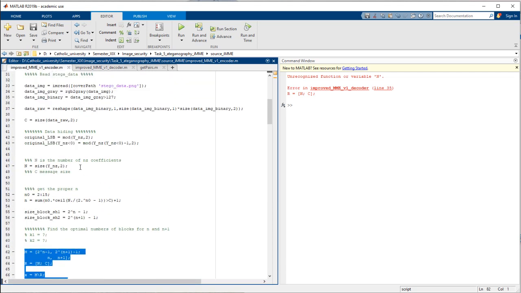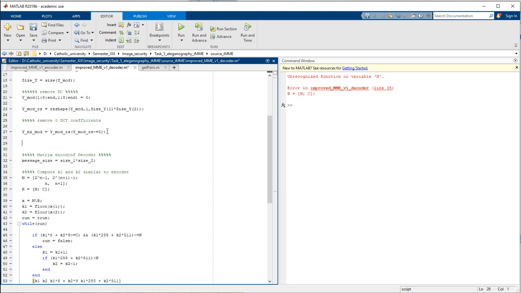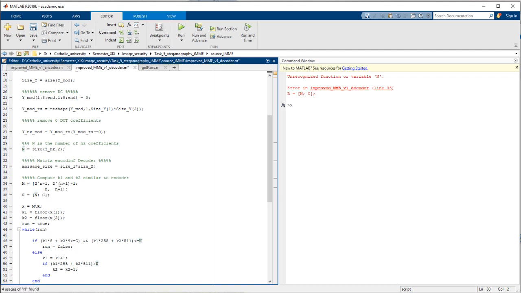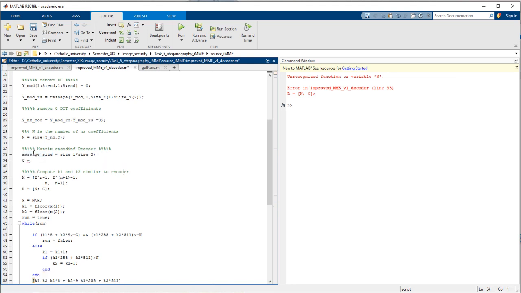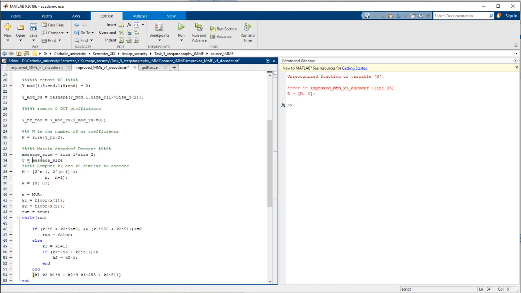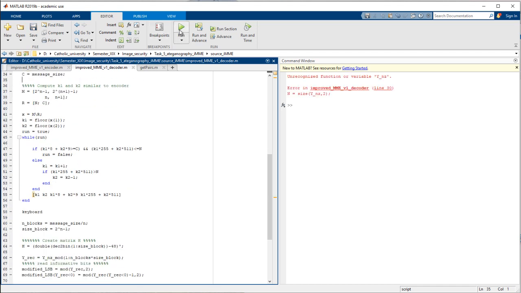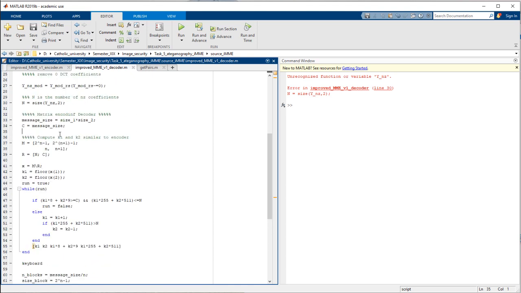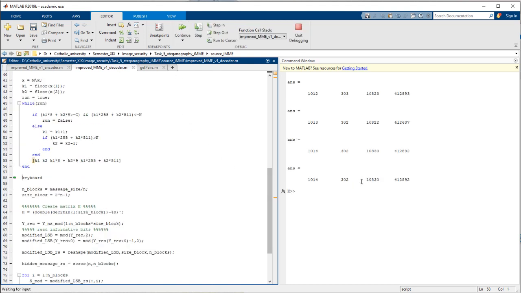I don't know N. So at the time when I calculate the number of non-zero coefficients, I can calculate N. So the message size, this is my C, and Z mod. Yeah, because the number of coefficients,